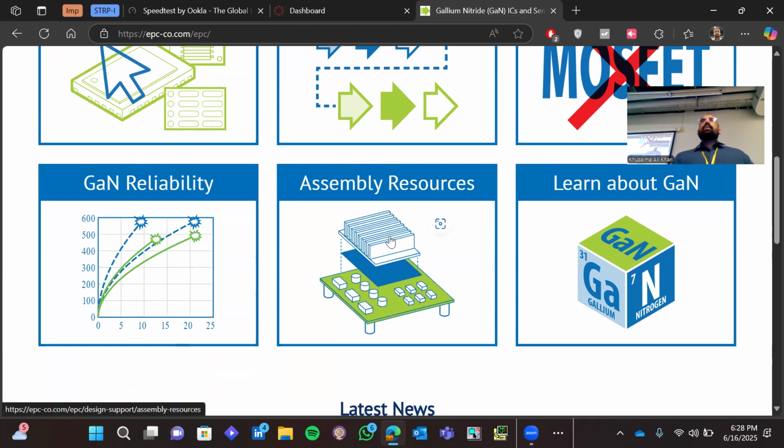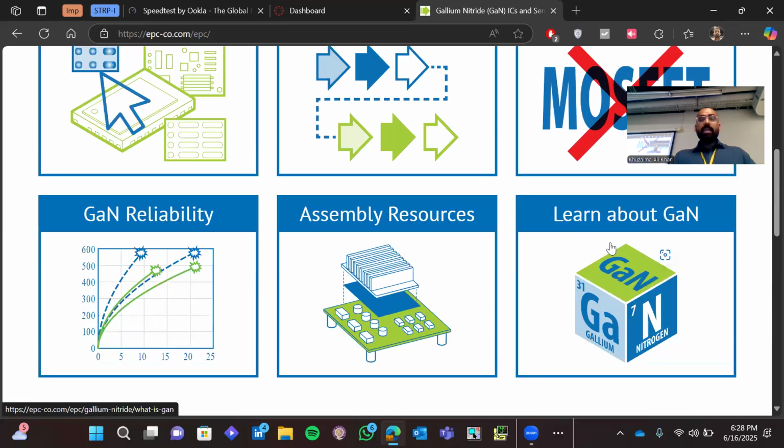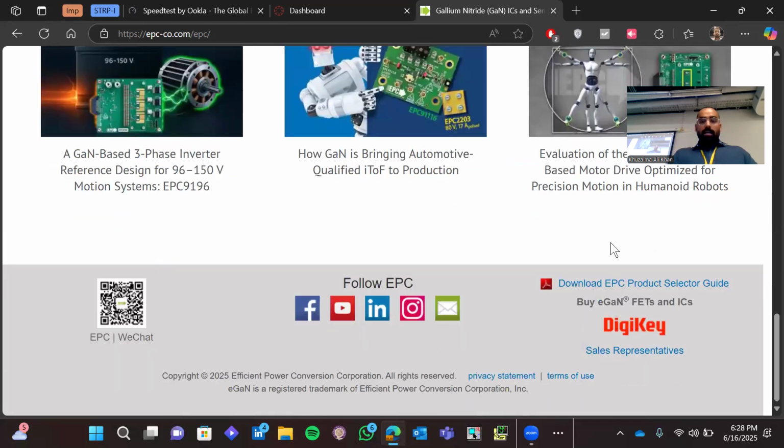Assembly के लिए they basically guide you. They also have PCB के guidelines, कि how should be your PCB for gallium nitride MOSFETs, and about their basically history right over here, and some GaN properties. In the end,